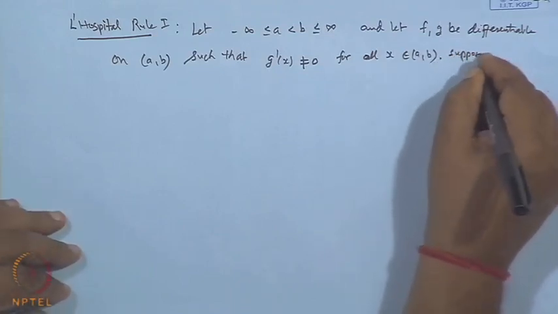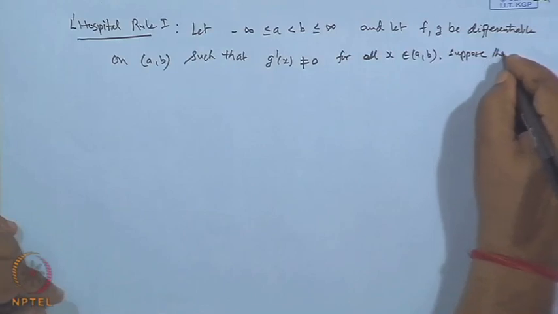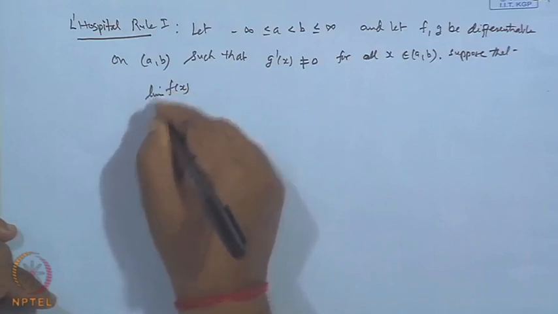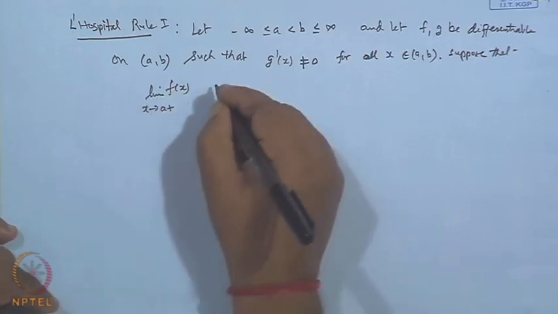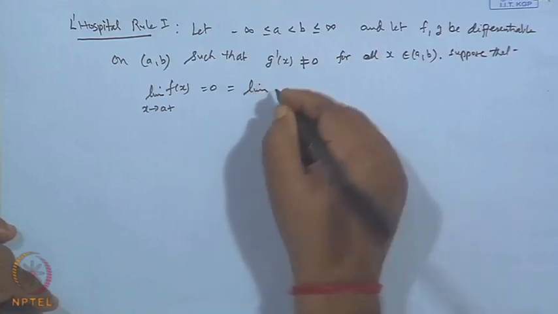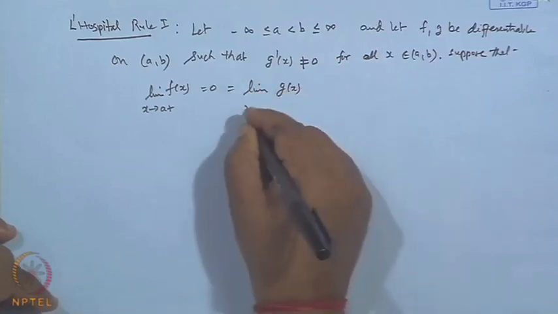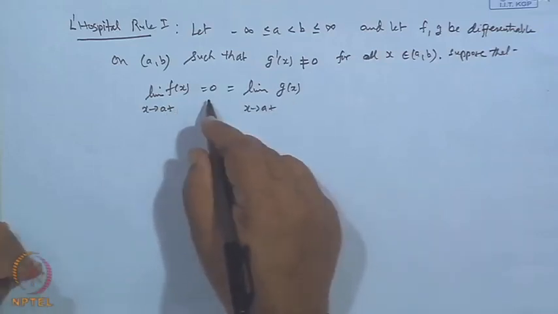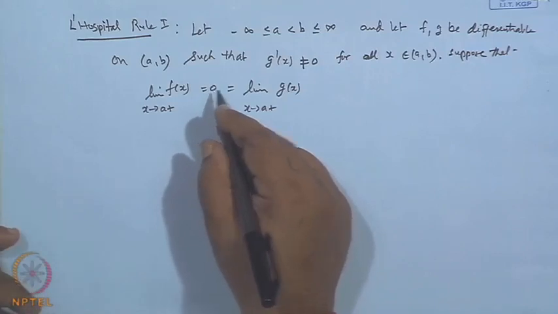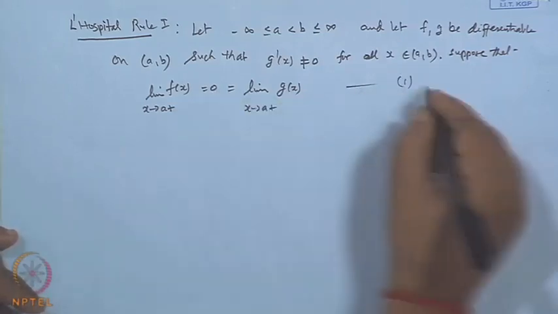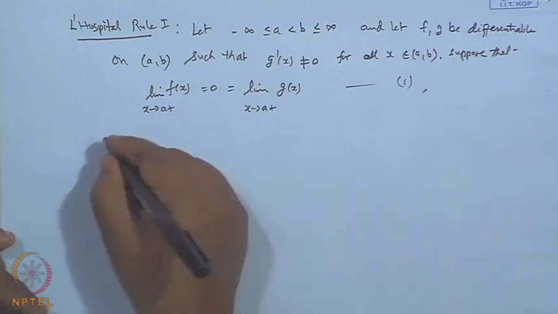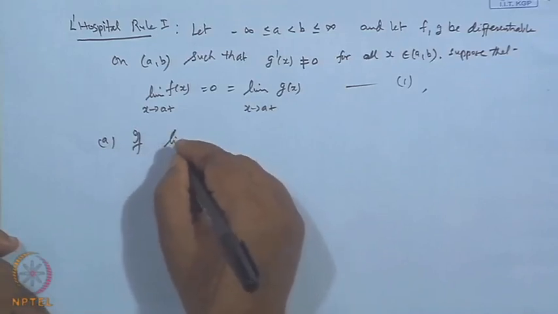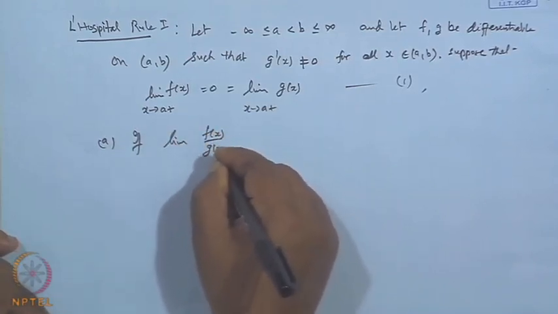Now, suppose that the limit of the function f x when x tends to a plus is 0, which is the same as the limit of g x when x tends to a plus. Both are having the limiting value, the right hand limit exists and is equal to 0. Let it be 1. Then the result says, if limit of f x over g x,